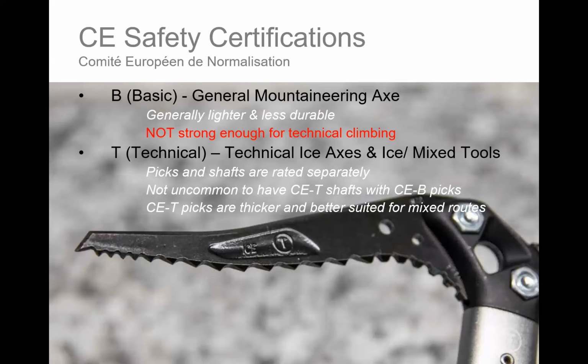I personally have a T-rated mountain axe, that's 65 centimeters, I think. And then I have a T-rated 55 centimeter technical second tool for the climb. So this way I'm able to only take 2 tools out rather than having 3 with me. But this would be one of the first things I would start to look at with assessing